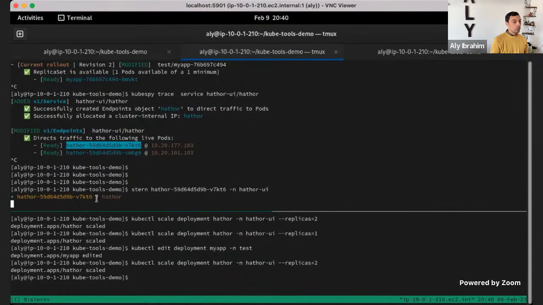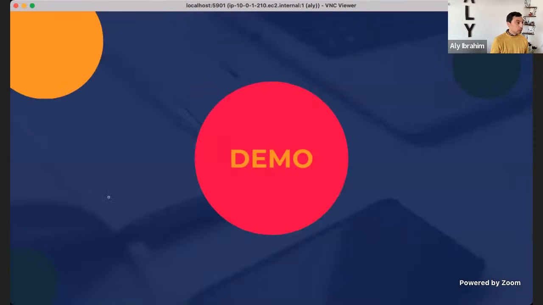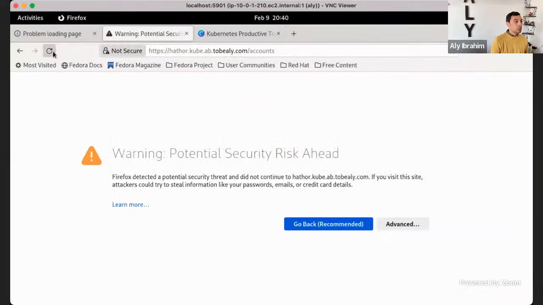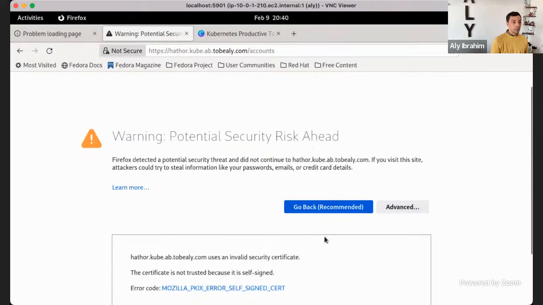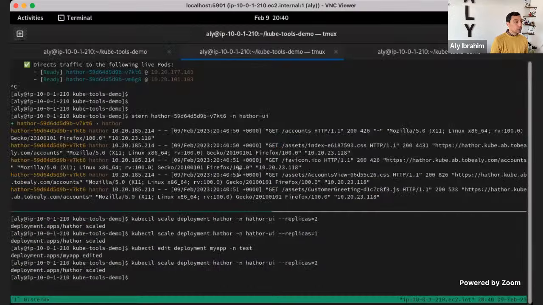It can show you that this is the pod and this is the container within the pod. And if I go here and pick this one, just refresh, accept. If we go back to the terminal, you can see that the logs are printing from this pod.